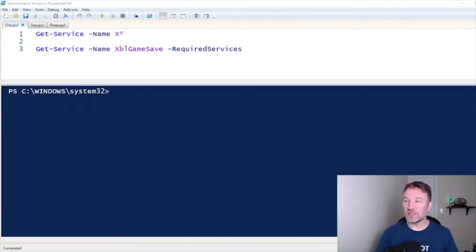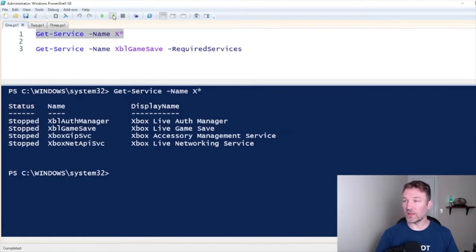To give you an example here, let's say we wanted to get service names, and we wanted to say, let's get the service name of any service beginning with the letter X. So we find all of our Xbox stuff, right? And say, you know what I really want to find is the required services. So we'll take one of those